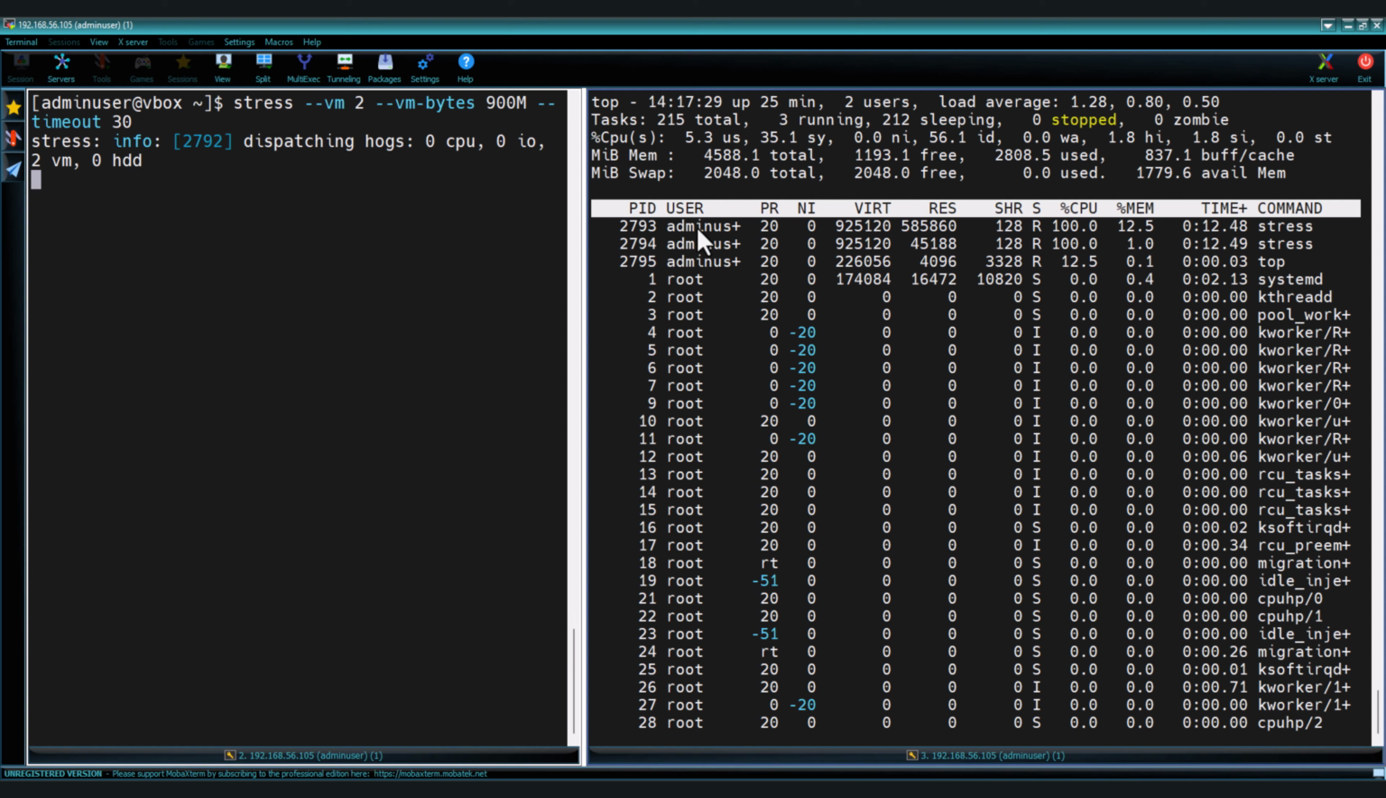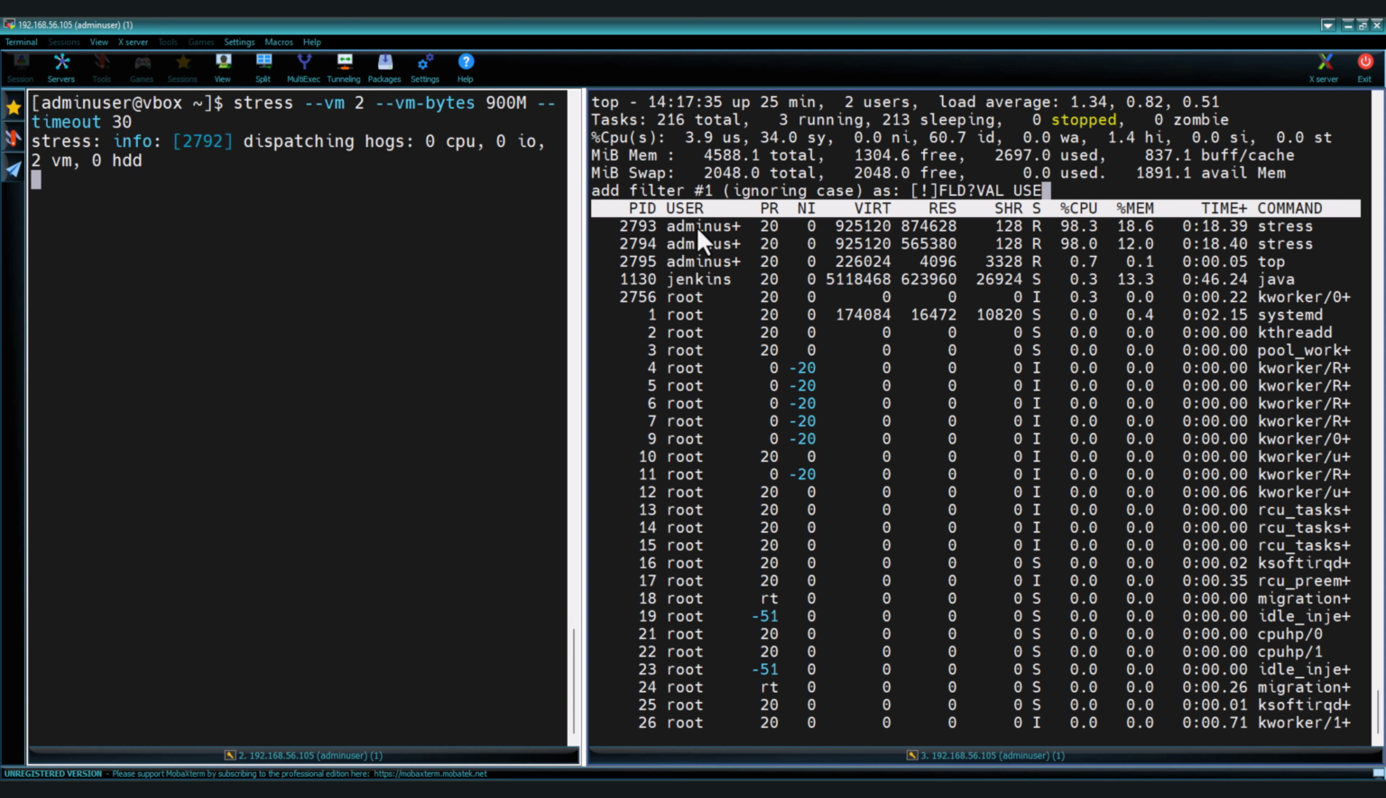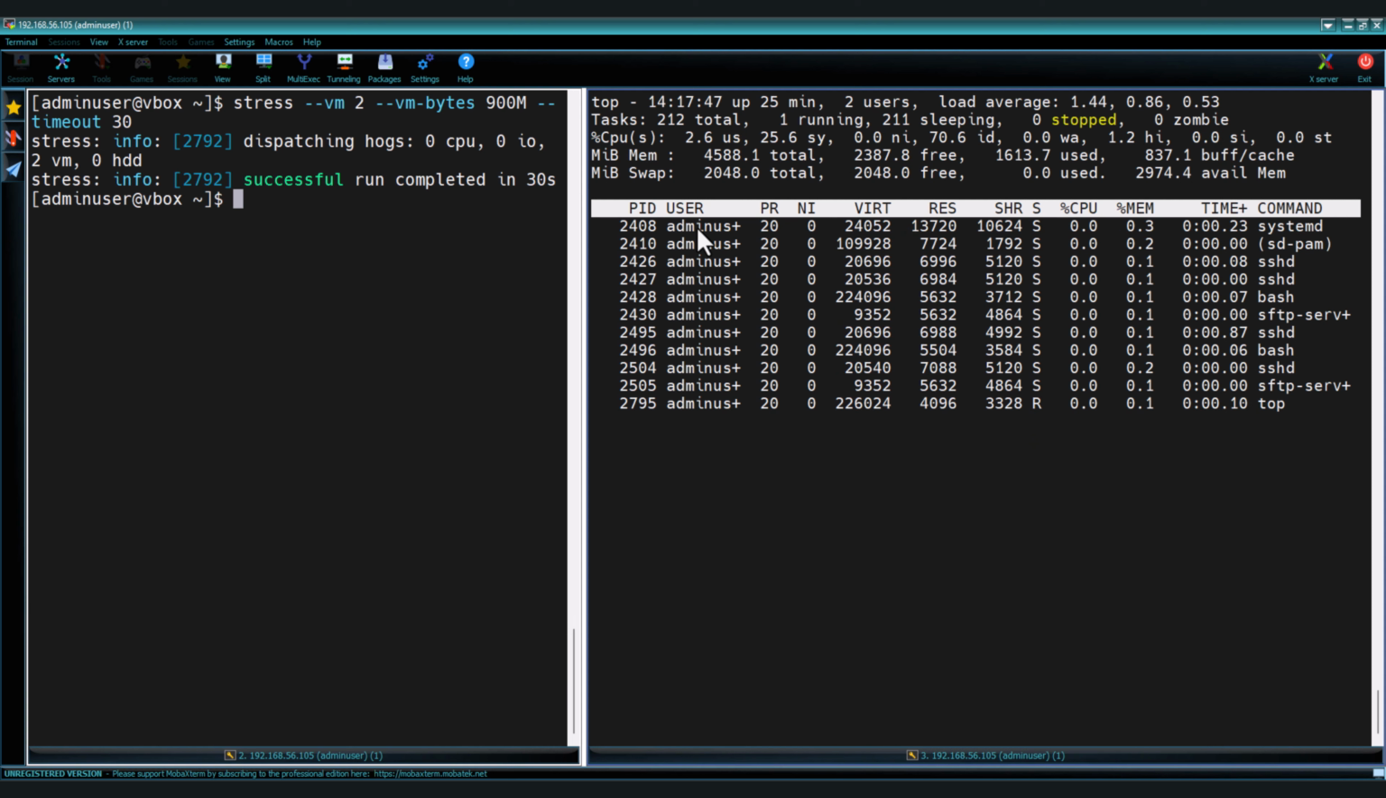So here it is showing this user. Let's run this. It will show admin user. Okay. So if you want to check about the trace process load, then press O and use command equals to